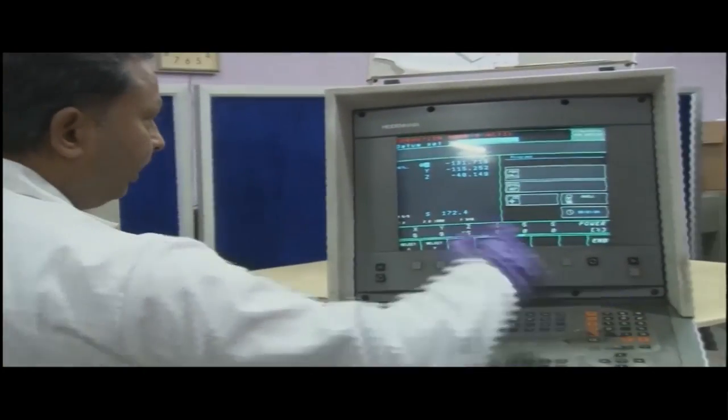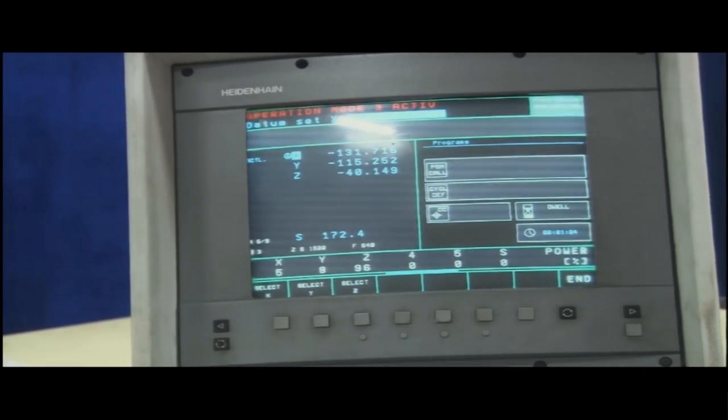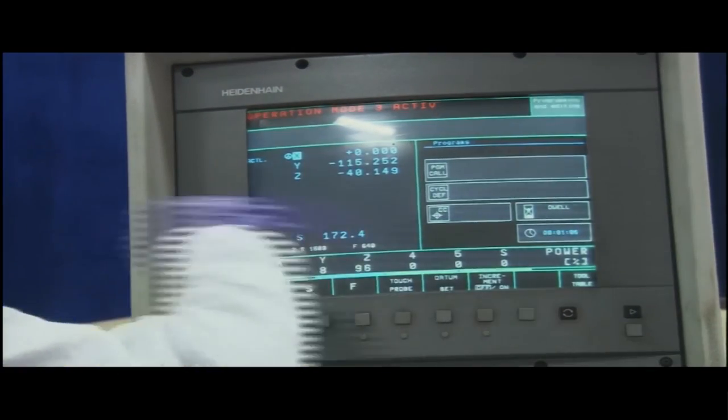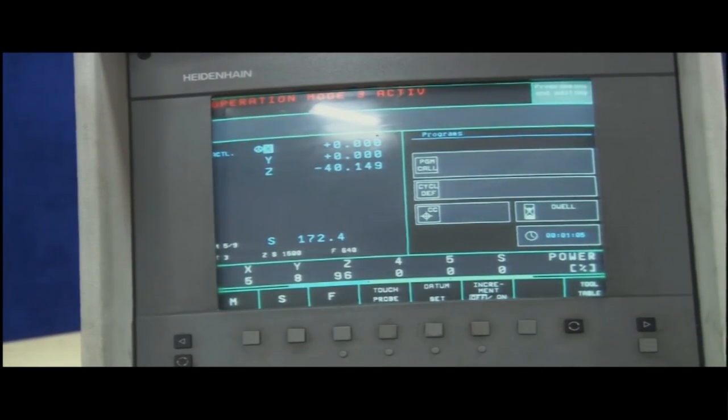This is the present location of the tool based upon the present data or position recorded by the computer itself. So, here we put X 0, we put Y 0, enter, and X and Y are set to 0. Now, as per this position, the hardware and the software of the machine understand that this is X 0 and Y 0.